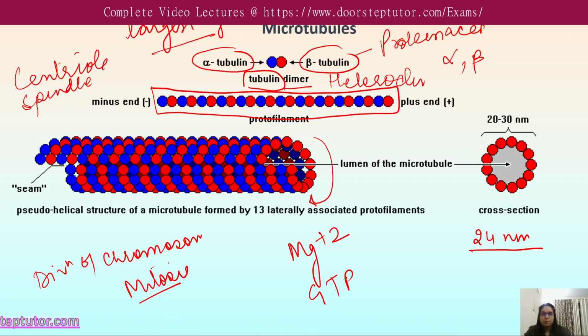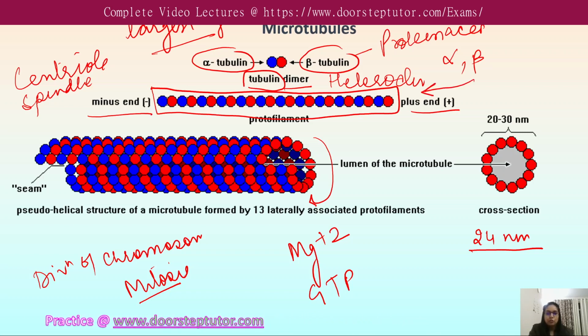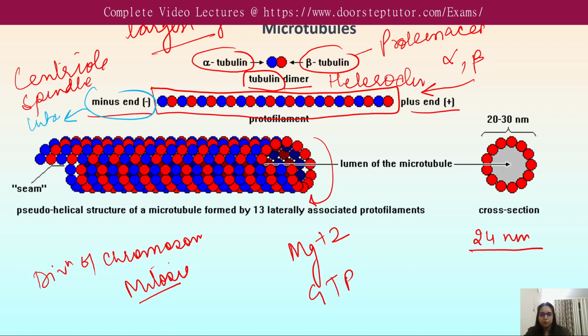When we talk about microtubules, they are very dynamic in nature, constantly undergoing assembly as well as disassembly. There are a plus end and a minus end, because from the plus end the tubulin enters and gets attached to the cylindrical structure, while from the minus end the tubulin molecules get dissociated from the structure. So they can rapidly grow and shrink through the addition or removal of tubulin subunits. This dynamic